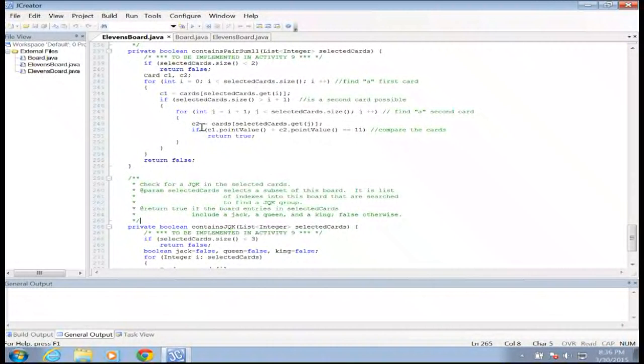Potter. In our last video, we talked about how the 11 board would actually be played out. We talked about how to check to see if a pair of cards added up to 11, or if we had 3 cards that contained a Jack, Queen, King. But we also talked about how we could use those same methods as long as we were using a list of any size